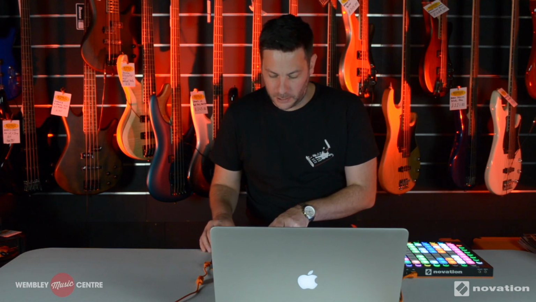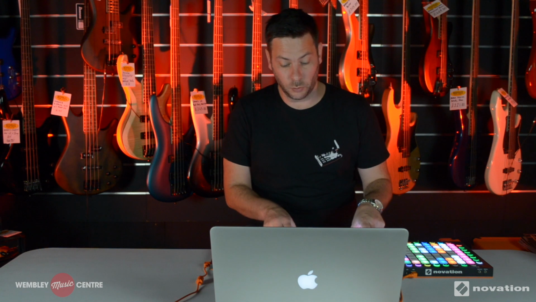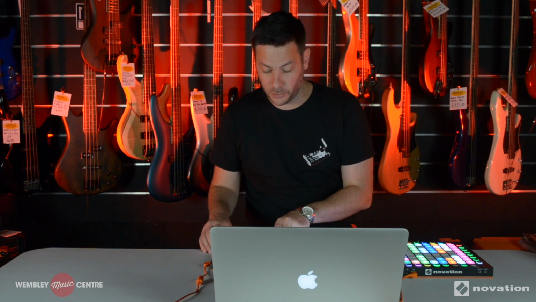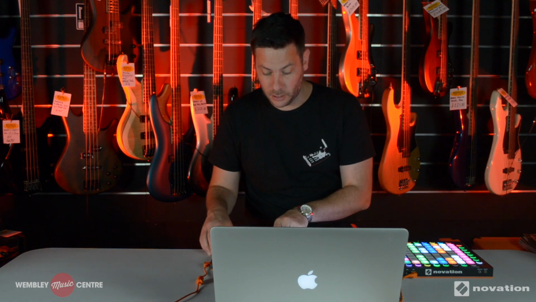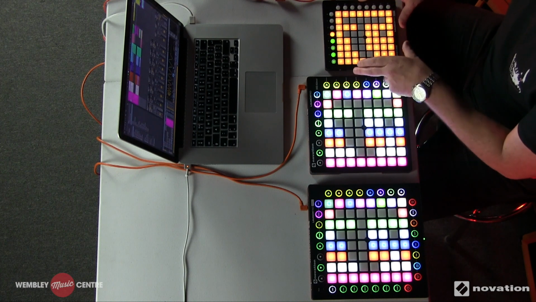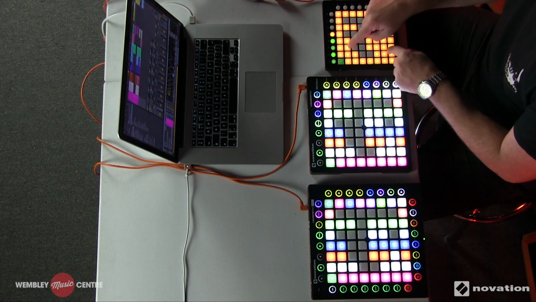So the Launchpad Mini is essentially the same amount of control that you get with the Launchpad Mark II, but on a lot smaller scale. So we obviously have smaller pads, but essentially we've got the full flexibility and control over Ableton Live that we get with the Mark II. Now, one of the most noticeable things is you don't have the RGB color feedback, so we can still trigger clips,